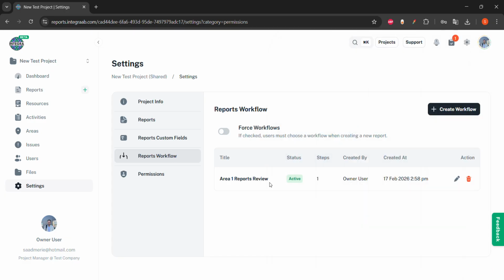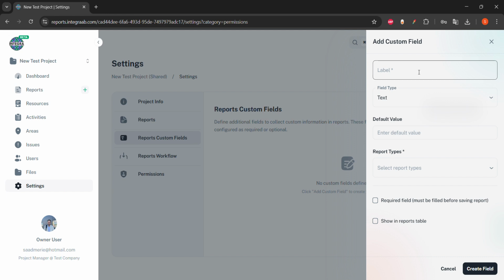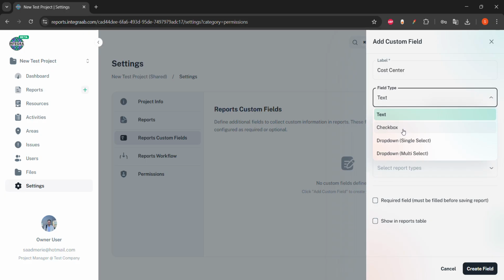Create. And now if I have any custom fields I need to set up for the reports, I can set up here, like cost center or anything. If I add a custom field, let's say in this custom field I will add cost center. I can make it a text field, or I can make it a checkbox or